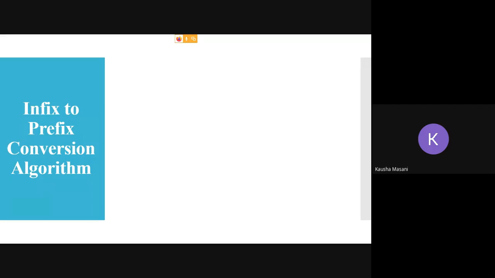Operator operand. Yes. Correct, Bharti. Absolutely right. See, students, from the name prefix, the operator will be in front of your operands. So at that time, you can say that your given expression is in the prefix format. Prefix means operators are to be placed in front of your operands. Postfix means the operator is placed after your operands.